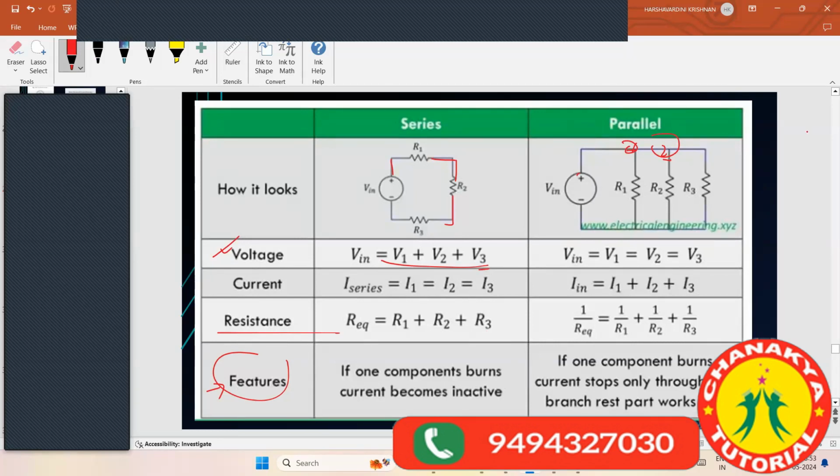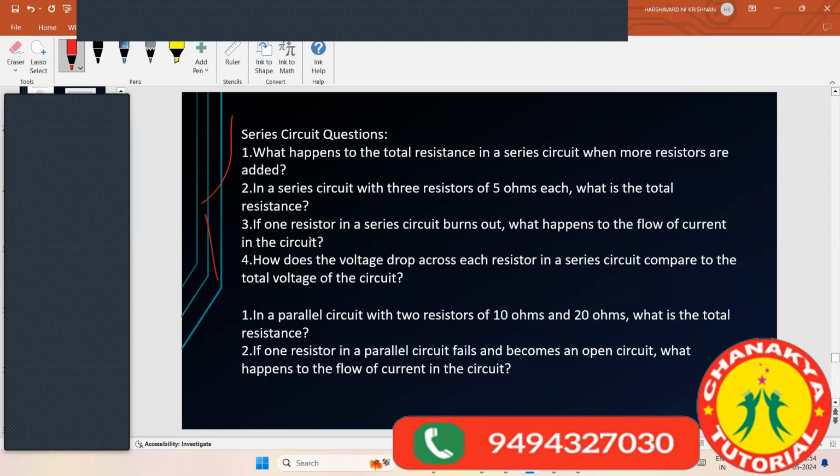Features, and I have already told you what are the advantages of parallel, why parallel came, why there was an evolution of circuits from series to parallel, because parallel solves really many problems. So better to have parallel connections everywhere. And now coming to this question, I think I have given some of the questions in your exam also, your subjective test.